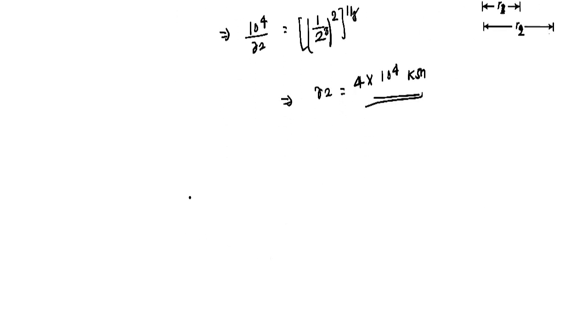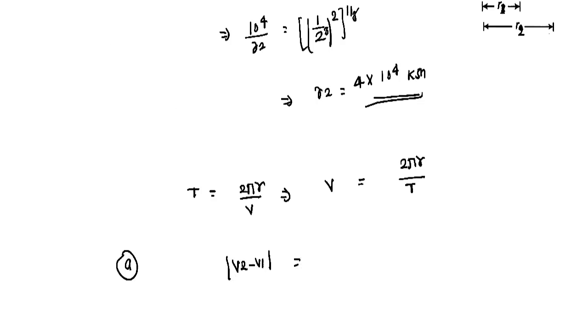तो हमको पता है कि T इक्वल टू 2πr डिवाइडेड बाई v होता है। यहाँ से वेलोसिटी v इक्वल टू 2πr डिवाइडेड बाई T। तो पहले नंबर पर हमको बोला है कि द स्पीड ऑफ S2 रिलेटिव टू S1, डैट मीन्स v2 माइनस v1 का मैग्नीट्यूड कितना लिख सकते हैं? हम यहाँ से देखें तो 2π r2 डिवाइडेड बाई T2 माइनस 2π r1 डिवाइडेड बाई T1। तो यहाँ से 2π कॉमन ले लेंगे तो r2 डिवाइडेड बाई T2 माइनस r1 डिवाइडेड बाई T1।